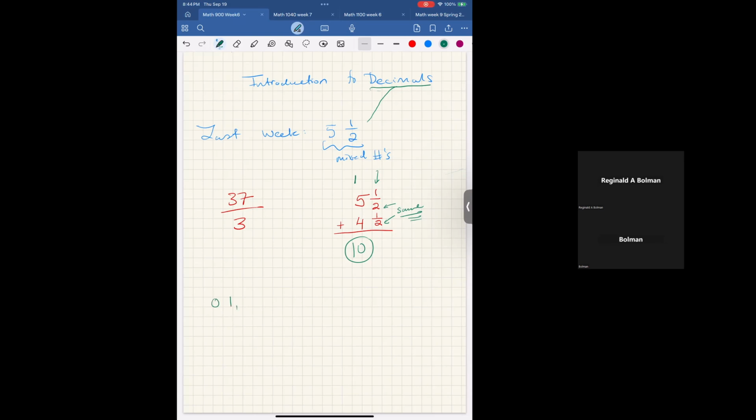Starting with the basics, just writing out the number line, we'll see that we start with 0. We go 0, 1, 2, 3, 4, 5, 6, 7, 8, 9. And then once we get to 10, we go back to 0. And then if I want to express the idea of 10 plus 1 using our ordinary base 10 number system,